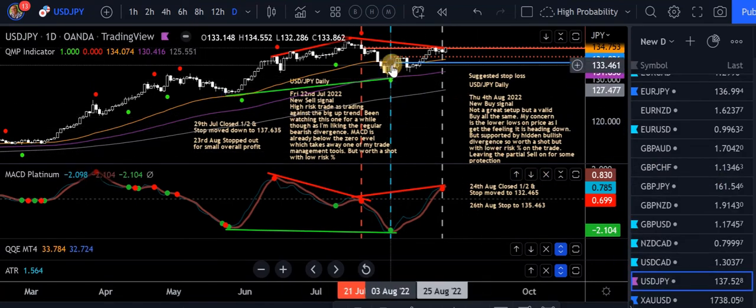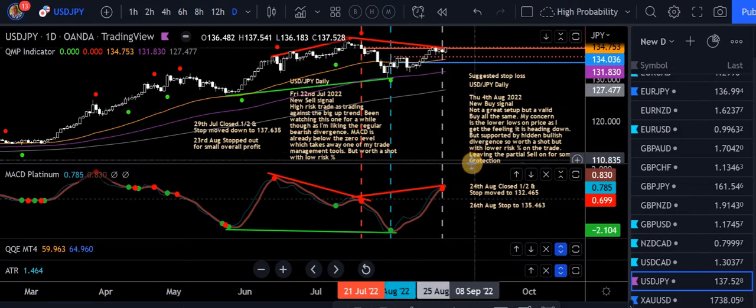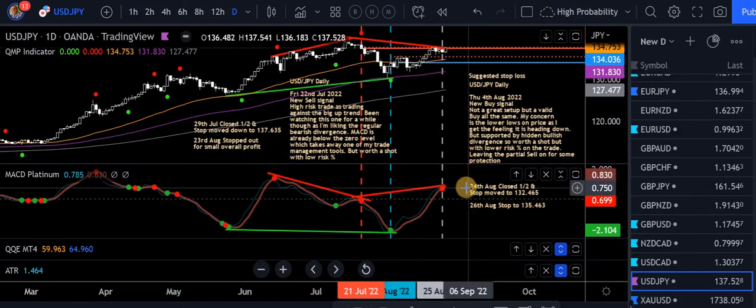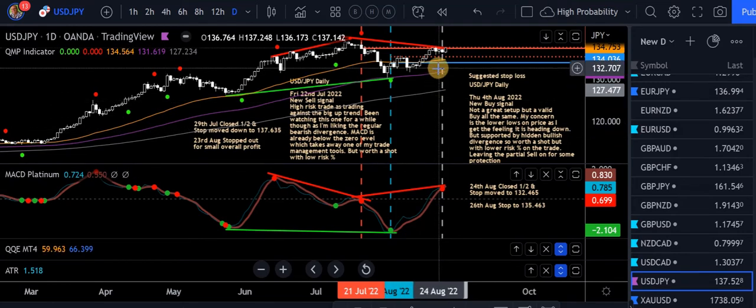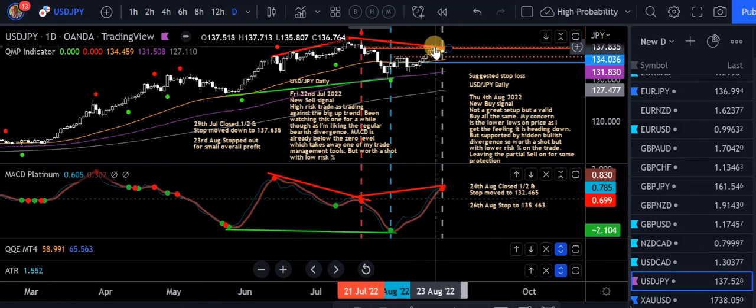In the meantime, we're still in this buy here, and I've already taken some action on that. 24th of August, closed half. So that's in, I'd say it's going to be in here somewhere. Oh, yeah, in here, 24th of August. Got to this previous high here, MACD platinum through the zero level, then